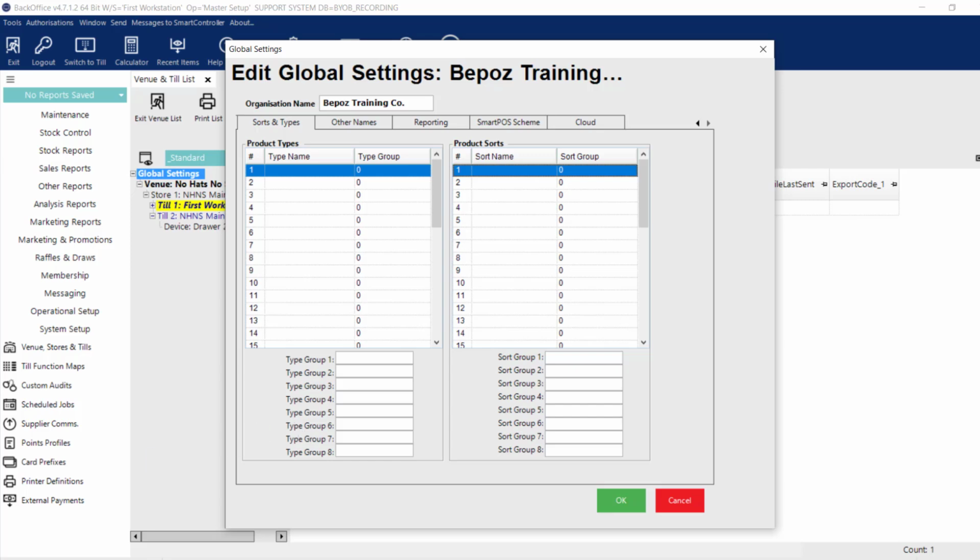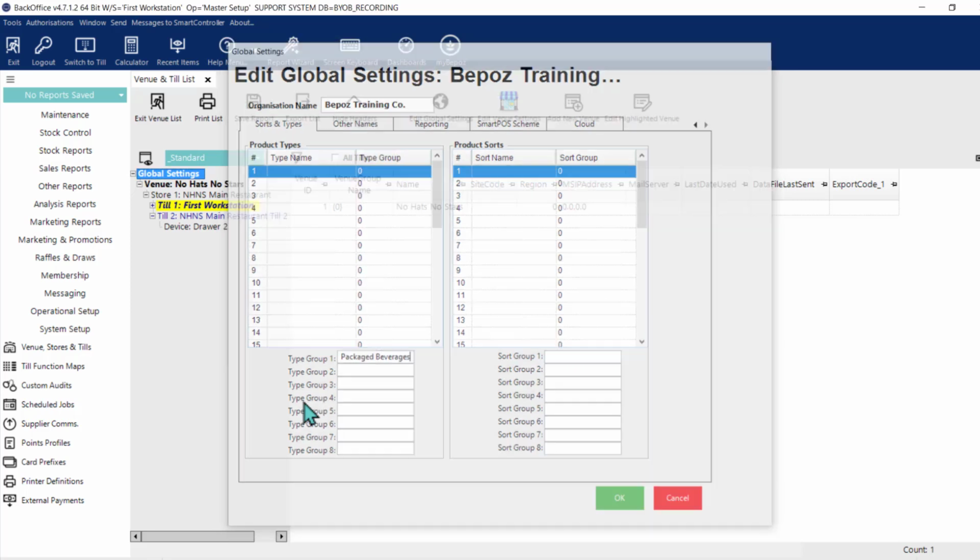So one of the more common best practices is to at least loosely base the product groups on the system's sorts and types. Again, this will all be situational, dependent on each organization's preferences, but we might configure our type groups something like packaged beverages,